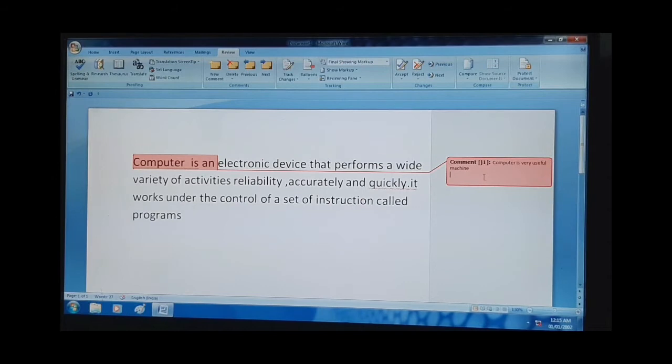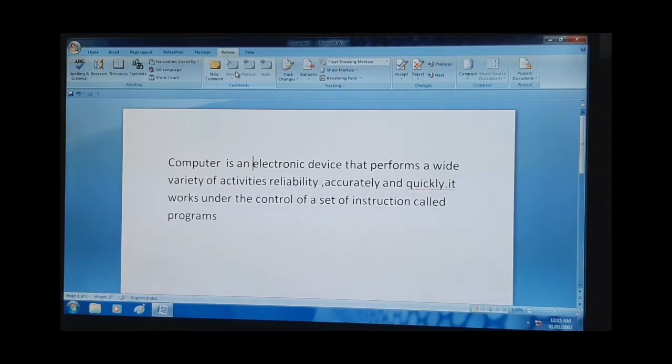You can see number 1 is written over here. As we save this, you can see 1 written in the selected text. From there the delete option is also available, and from there we can delete the balloon. Understood? This is the first topic, the comment. Now our next topic is watermark.